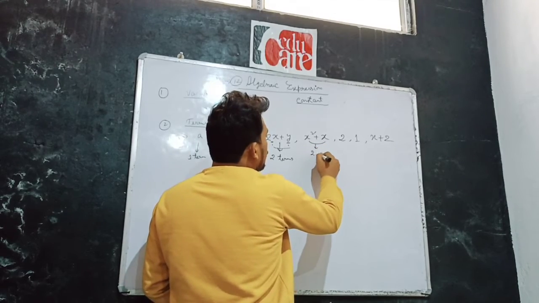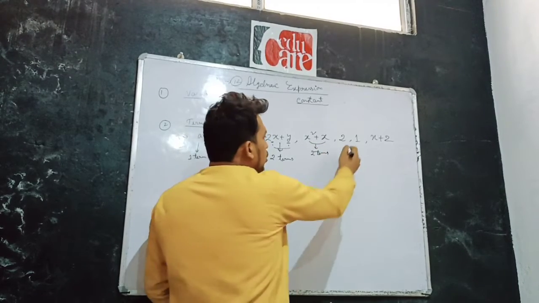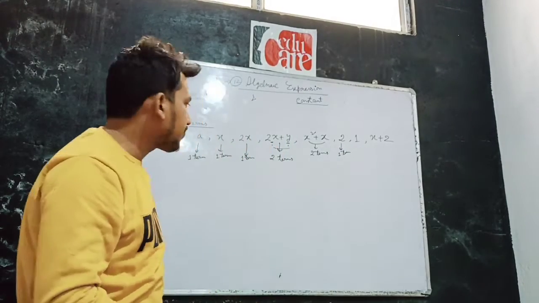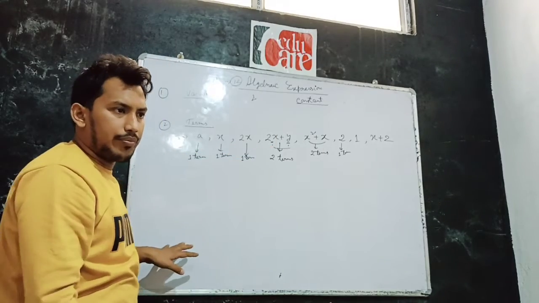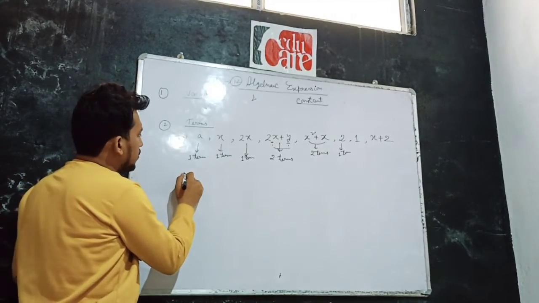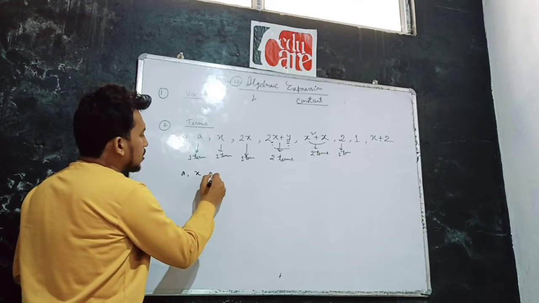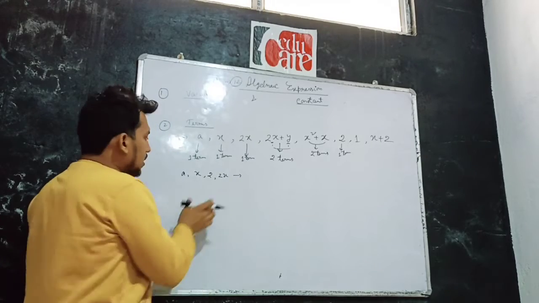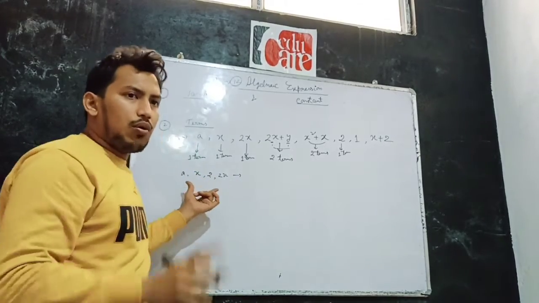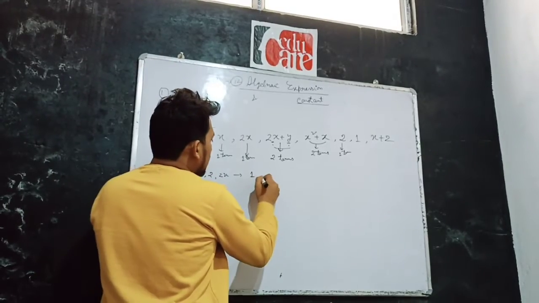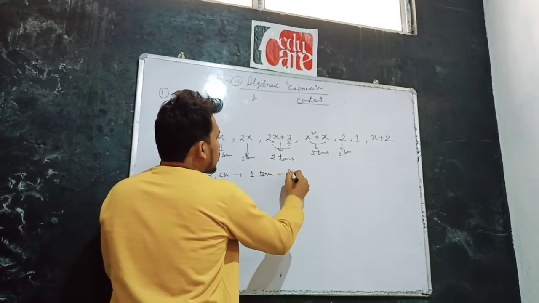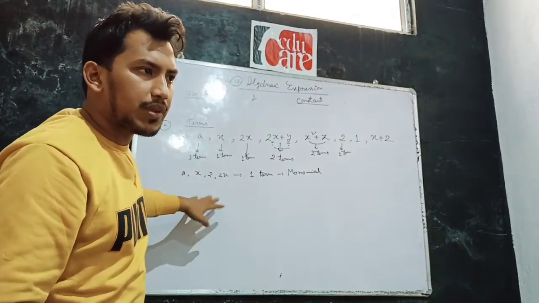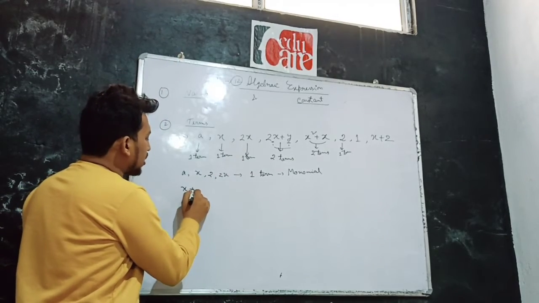Here, these are two terms. 2 is also one term. So like that we can go on. Suppose A, x, 2, 2x. These are only one term. That's why if there is one term, then it is called a monomial. If there are two terms, x plus 2,